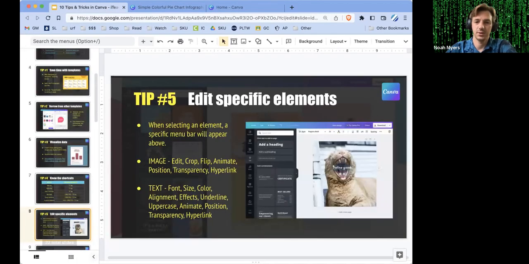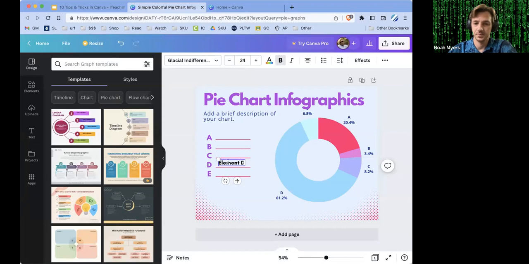So yeah, know your shortcuts. I showed you how to edit specific elements. You pretty much just click on it. You can move it around, do what you want to it. Cropping, flipping, animating. You can even make something into a hyperlink. So say,